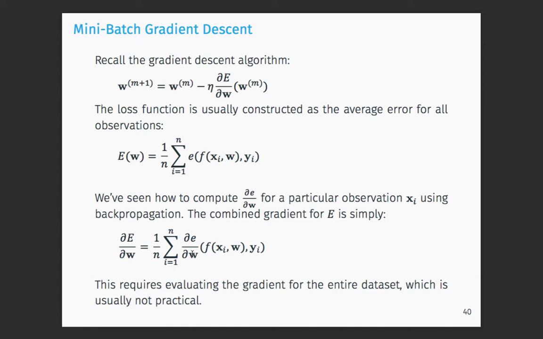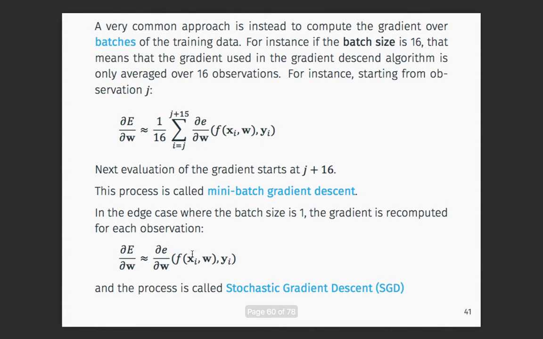Now, obviously, it's a bit of a problem because, first, your database could be very big. You could have billions of data points, and if you need to go through the entire data set to compute the overall gradient, it's quite costly. Plus, you will need to iterate multiple times, because you probably need a few 1,000 or 100 iterations of your gradient overall. So it's probably not very practical, and the way around that is to use what's called mini-batch gradient descent,